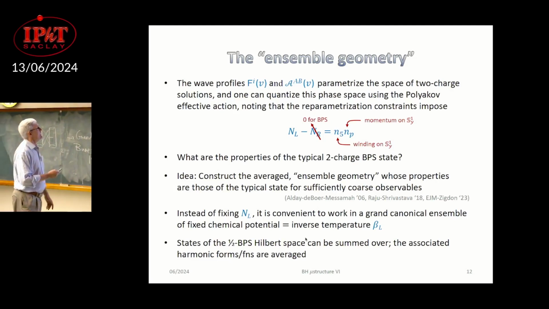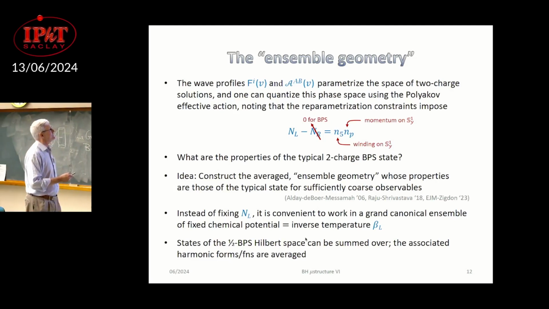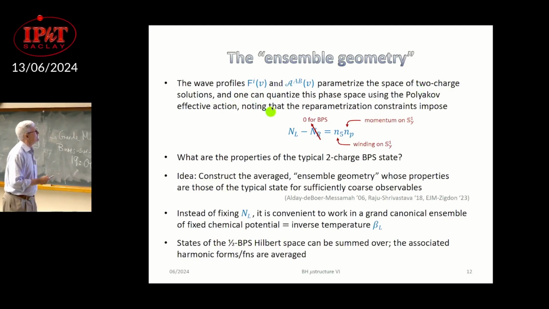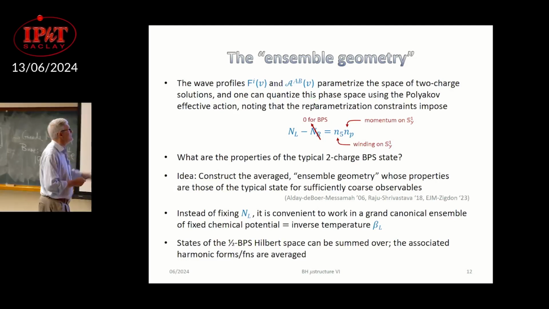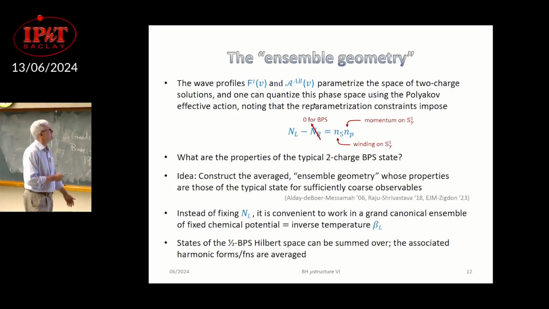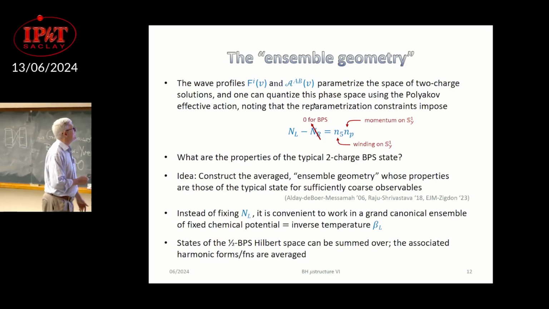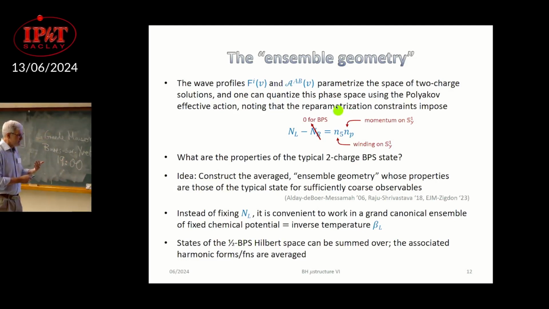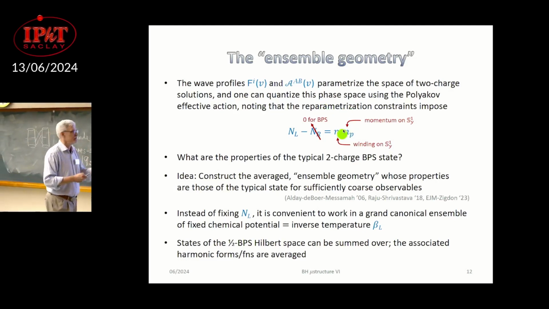So these chiral wave profiles on this effective string parameterize the space of 2 charged solutions. And so, what we've learned over the years is that if you have a space of classical solutions, there's some symplectic form, and you can do geometric quantization. And here, this just amounts to doing the quantization of this effective string in the usual way you would quantize a